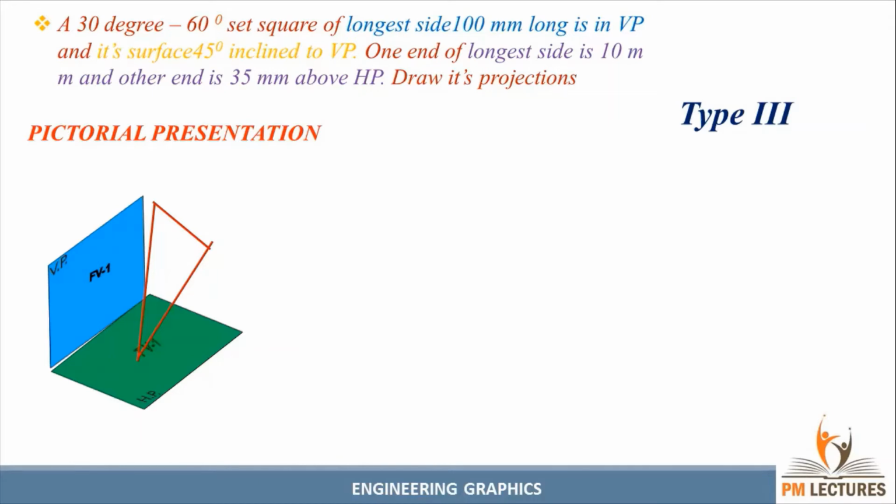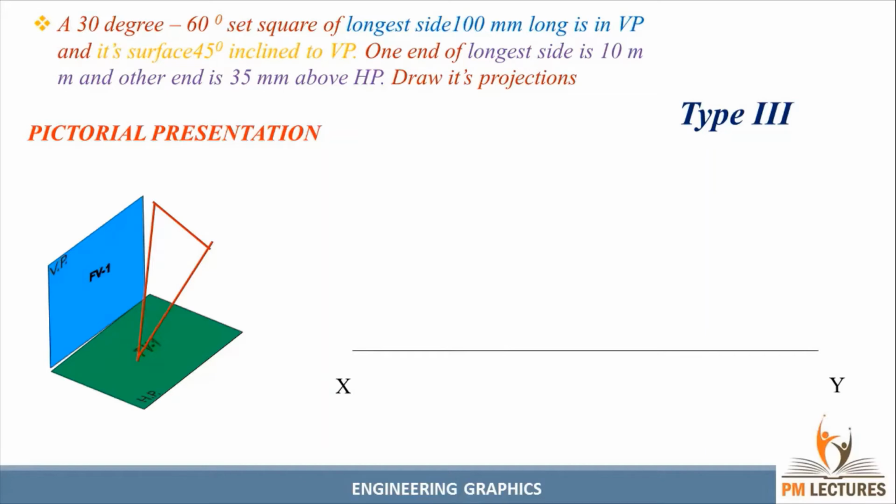So first step, we need to draw the XY plane and give the name X and Y. So now we need to see in the question whether the surface inclination is given or not. So here the surface inclination is given. The surface inclination is with VP only. So if the plane is inclined to VP, we can get the true shape in the VP only, because if the plane is inclined to VP, the first initial step is we need to make it parallel to VP.